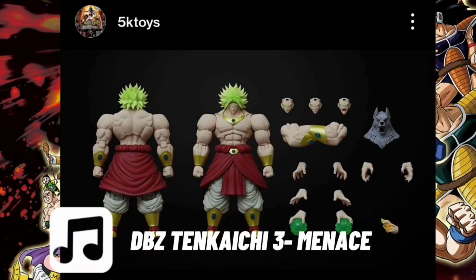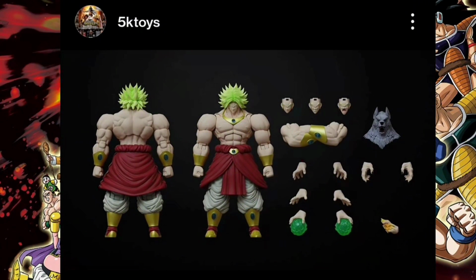So why do I find them releasing this particular version of Broly interesting? Like I said before, the first Brolys that they announced were Super Saiyan 4 and Super Saiyan 5 Broly. In fact, they even announced the Dark Broly with the Dragon Ball in his chest before they announced this one. This one came out of the blue. And while it's all Broly, it made me wonder